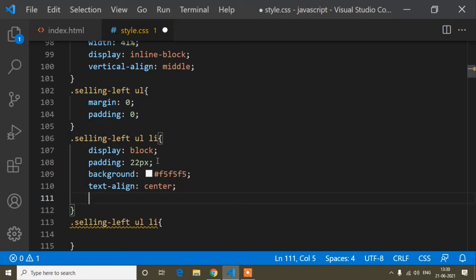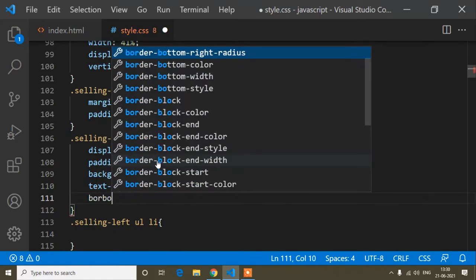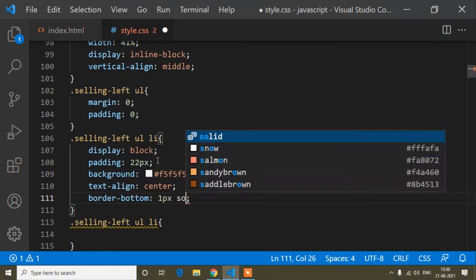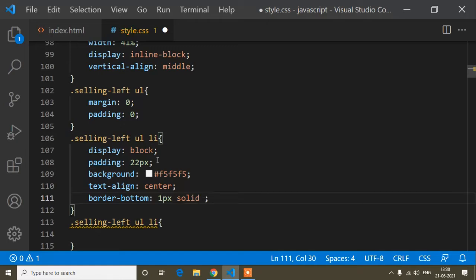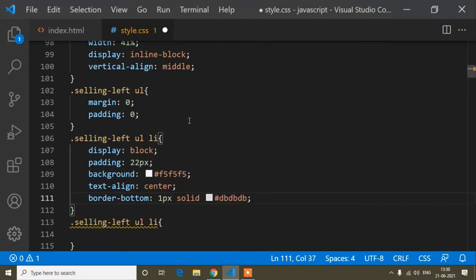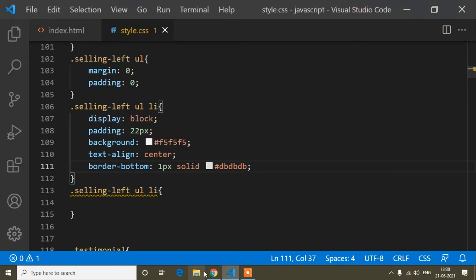And now border bottom. So this one, border bottom is 1 pixel solid, because for the bottom border of this li I will use border bottom. So border bottom color is this color code. Okay, so this is done, and first of all I will show the preview.